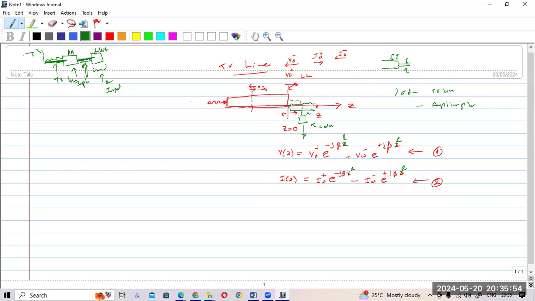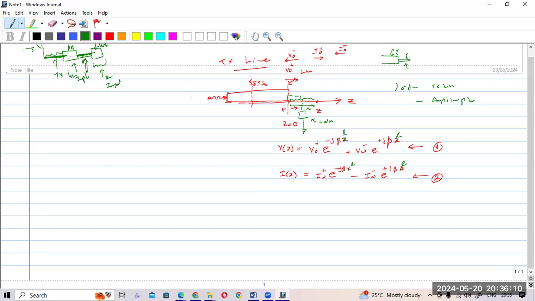Okay. So if you connect to a load, we have learned that the power is going through. For example, if you consider the voltage, there is a voltage towards the load, and also there